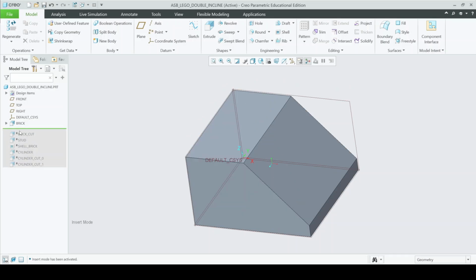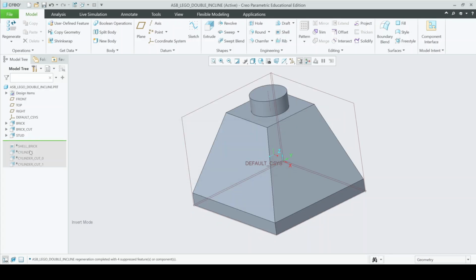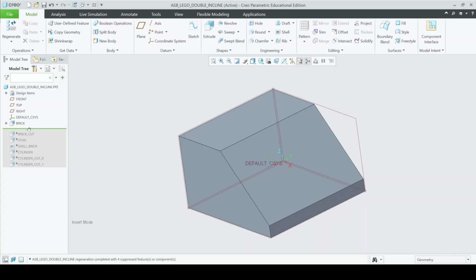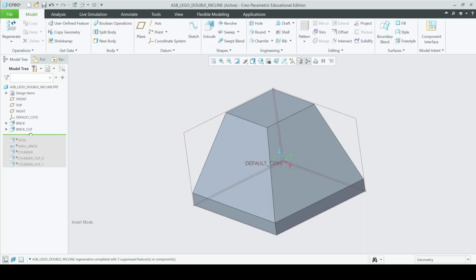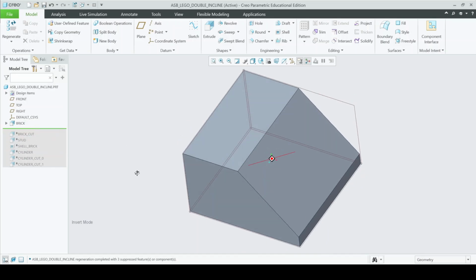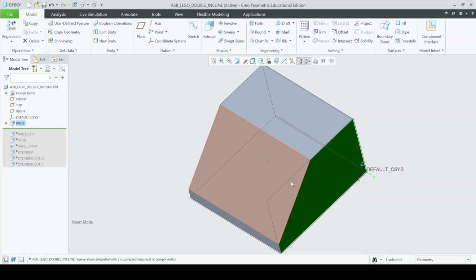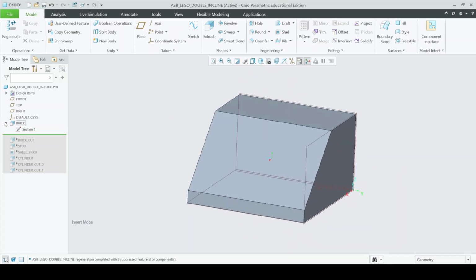So if I drag it all the way back here, you can see this is the original piece I started out with. And then they made some cuts. They made that. And then they did that. And then they put the stud on. And then they shelled the bottom, and so on and so forth. So starting with just this, you can see they created this shape. Actually, they created it on this plane, and then they extruded it this distance right here, the length of this line. So if we open this up and take a little look,